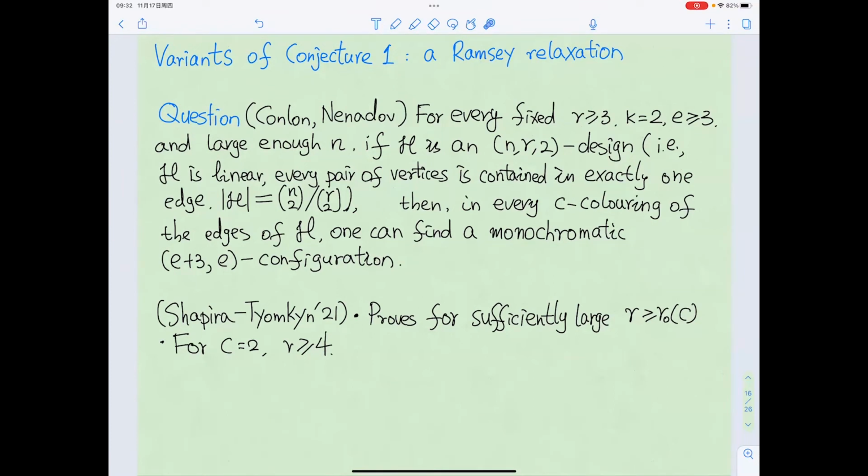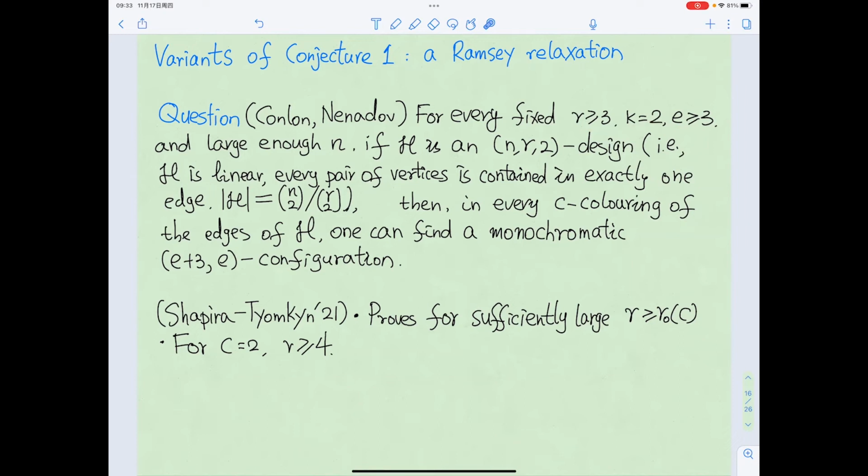The situation here is similar to the relation of the van der Waerden theorem and Szemerédi's theorem. We know that Szemerédi's theorem is a density version of the van der Waerden theorem. So here we can also consider a Ramsey relaxation of conjecture one. This problem is in fact posed by Conlon and Nenadov. They ask whether for every fixed integers r at least 3, k equals 2, and e at least 3, and a large enough n,